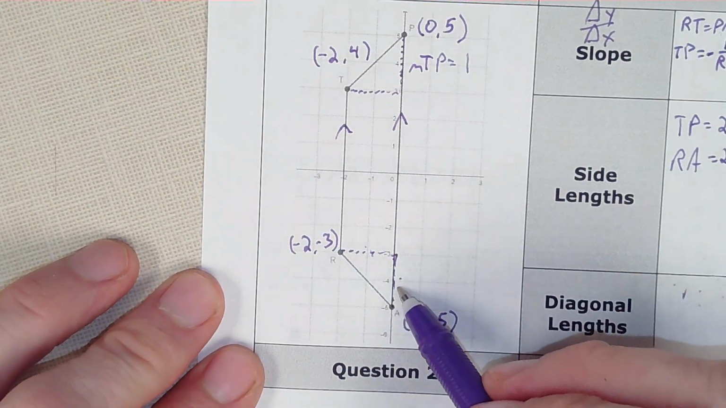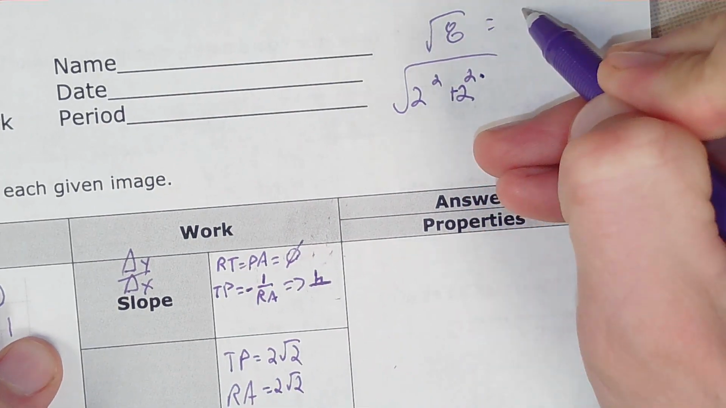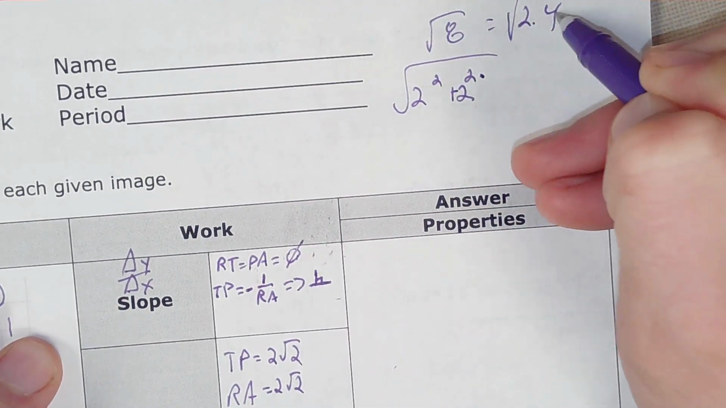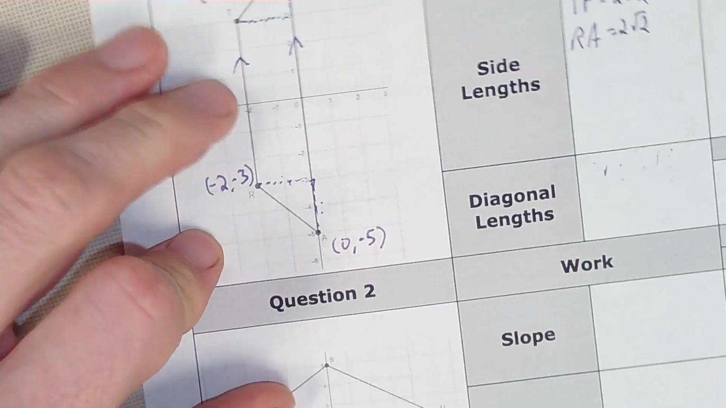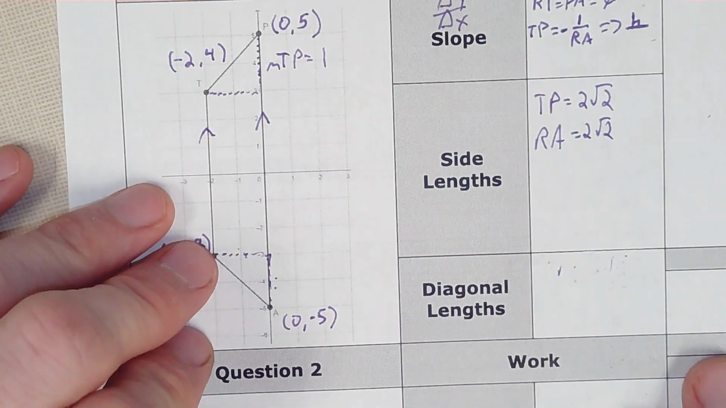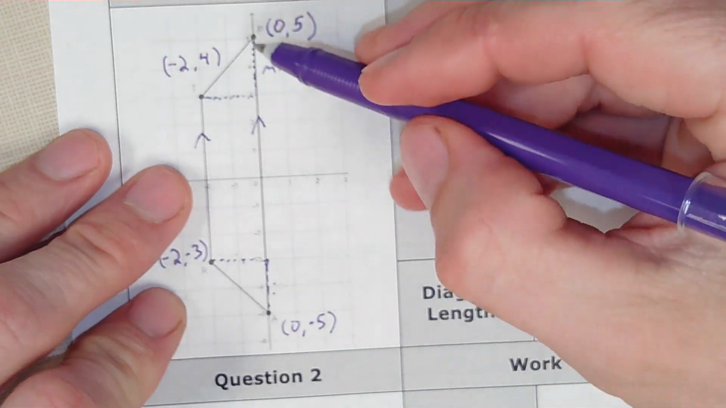2 squared plus 2 squared, that's the square root of 8, which is 2 times 4. Pull out the perfect square root, so it's 2 square root of 2. That's where I got that from, in case you were trying to figure that out. Okay, so those are those lengths, right? So if I was trying to figure out this length, PA